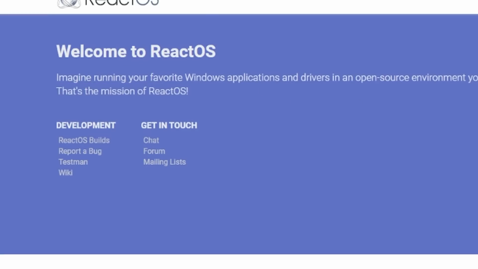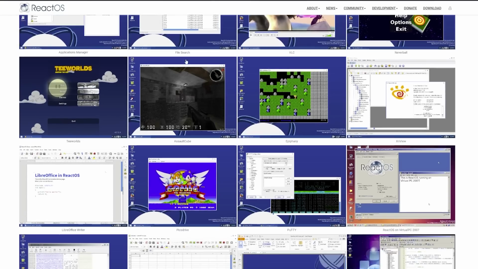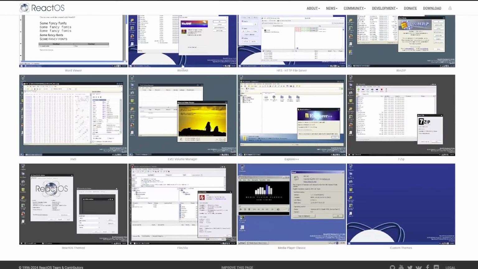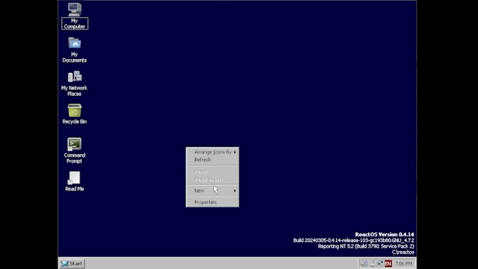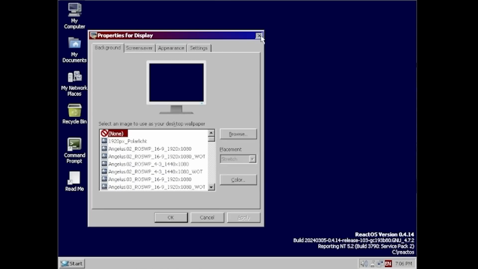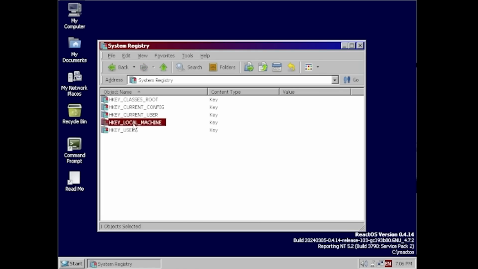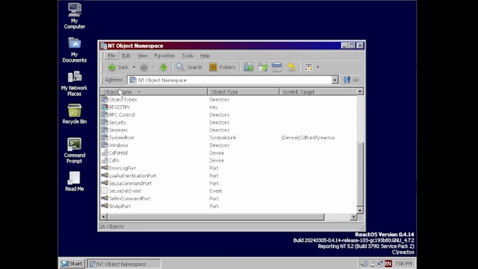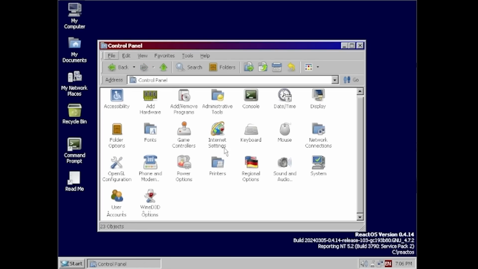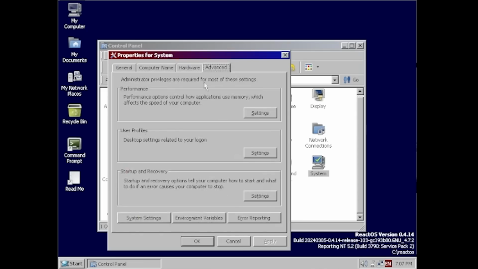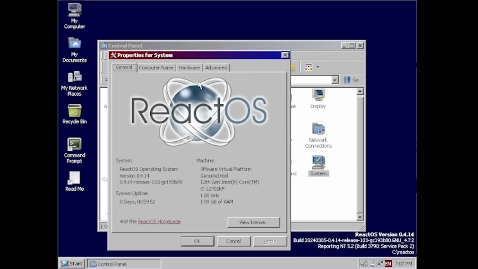But again, if you ever find this interesting, there are things like React OS, which aren't even Linux-based at all. That is a full reverse engineering. I mean, you can literally fire it up for yourself right now. It is reminiscent of early Windows 2000. And this is more fun to play around with, because while it's not super duper functional, if you want to be an open source Windows gamer, it is great if you want to play around with a version of Windows that is a reverse engineering without any code base or any touching from Microsoft itself. This is a far more interesting project. This, or something like Temple OS even.